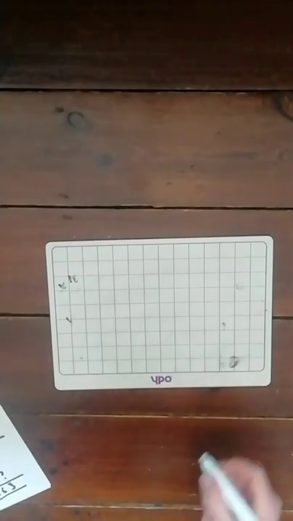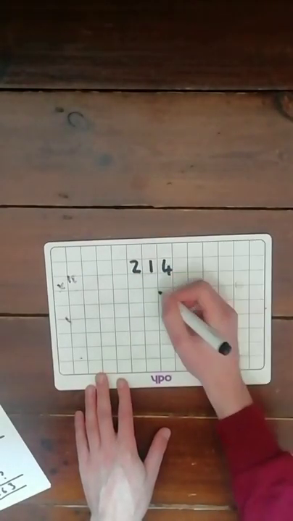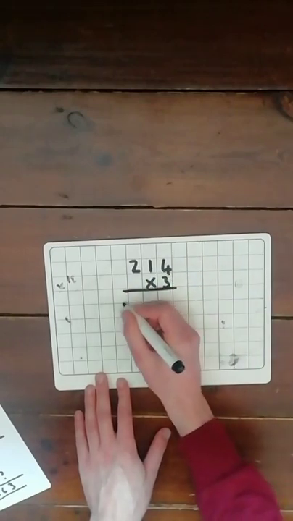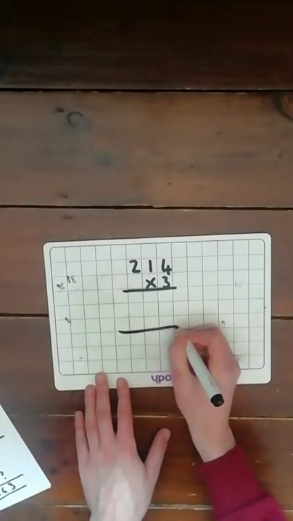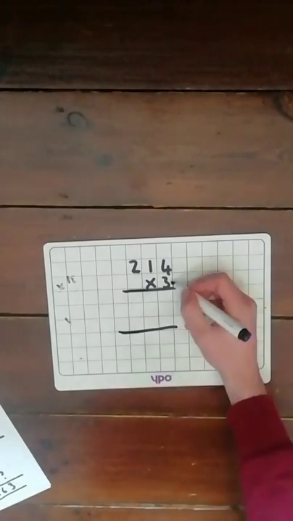Right, and as I promised, today we're just doing multiplication, we're just doing long multiplication. So when we left, we were doing lots of questions like this. 214 times 3. Now, I'm going to show you the long way to start with, and then I'm going to show you the shortened version. So 3 times 4